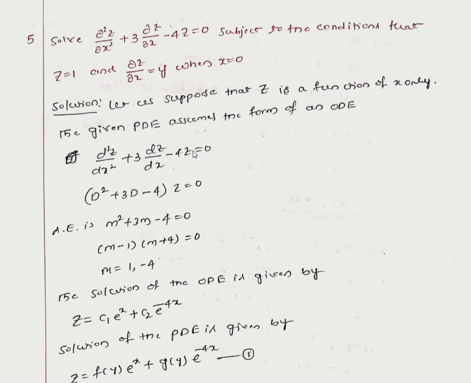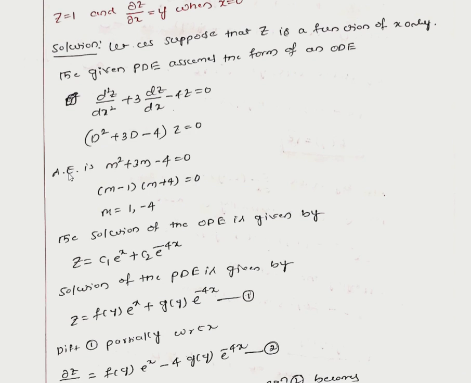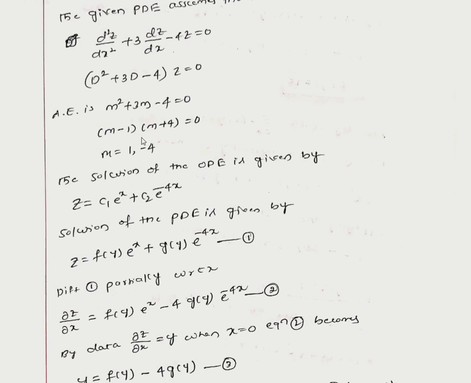Therefore, next, z is the common term, take it outside. d²/dx² can be written as capital D squared plus 3 into, what is d/dx? d/dx is capital D. z is outside, minus 4 is equal to 0. What is the auxiliary equation? m² plus 3m minus 4 is equal to 0. Here by using the calculator, find out the roots. m is equal to 1, minus 4 are the roots. These are the real roots.